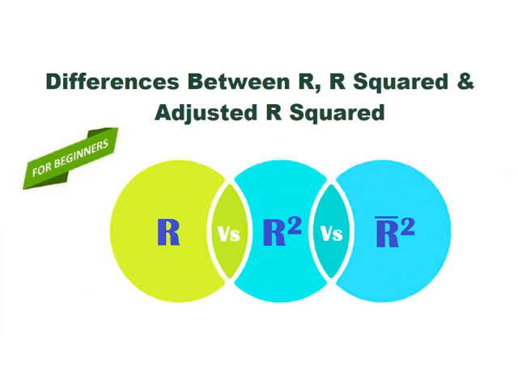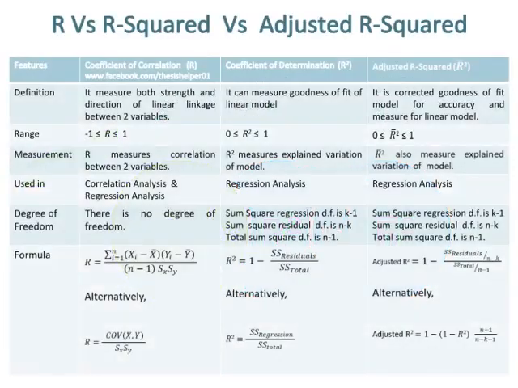Differences between R, R squared and adjusted R squared. R versus R squared versus adjusted R squared. The definition of coefficient of correlation is that it measures both the strength and direction of linear linkage between two variables, while